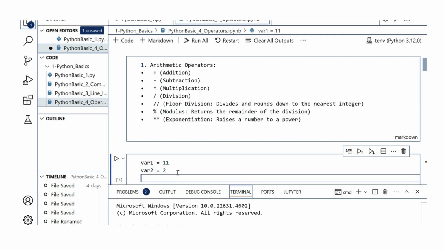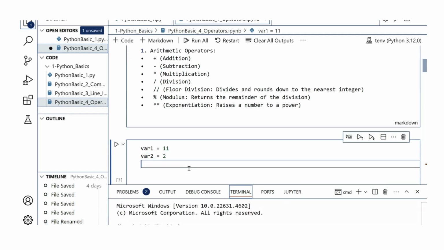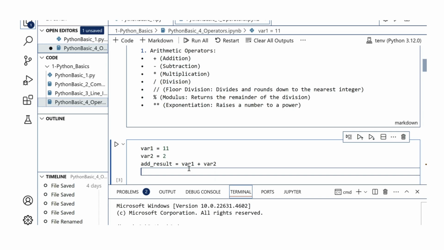Now let's perform addition of these two variables. Let me take addition result, another variable, equal to var1 plus var2. Now let me print it,